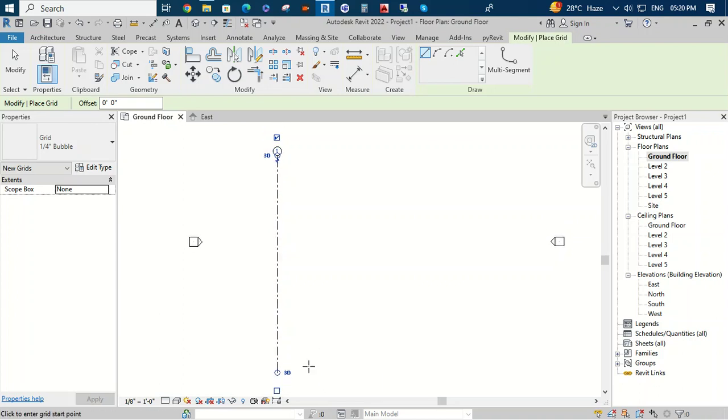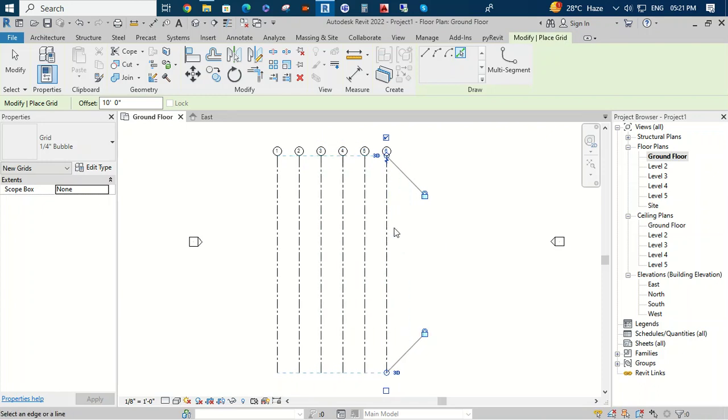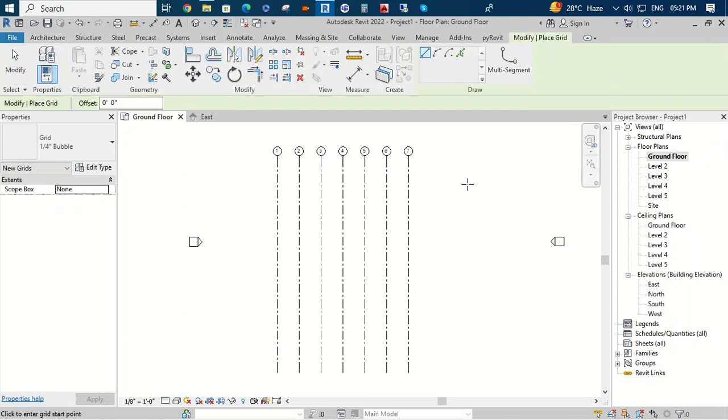And to create the grid 2, if I go with the line tool, as you know, it takes a lot of time. Instead, I'm going to use pick line. Whenever you use pick line, remember you have to specify the offset. For now, I'm going to use 10 feet as my value, and I keep picking this line to place the grids. Okay, after the vertical grids are done, you can hit escape and select grid tool again to start with